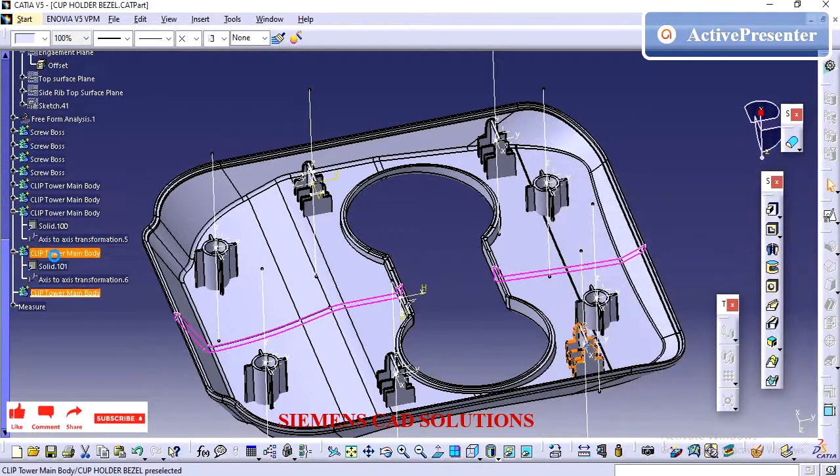I am going to add all these clips into this body and finally do the trim.